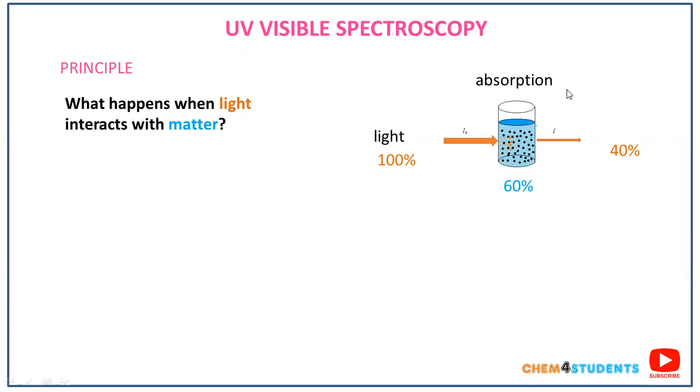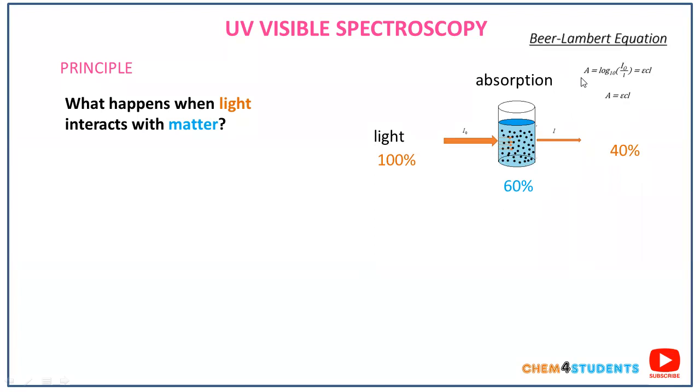The absorption process is explained by Beer-Lambert's law, that is A equals log10 I naught by I. Here, absorbance is inversely proportional to transmittance. So if you increase the absorbance values, the transmittance values will decrease. The second point I need to mention is that absorbance depends upon the concentration. So if you increase the concentration of the sample solution, the absorbance values will also increase. These are the two important points mentioned by Beer-Lambert.